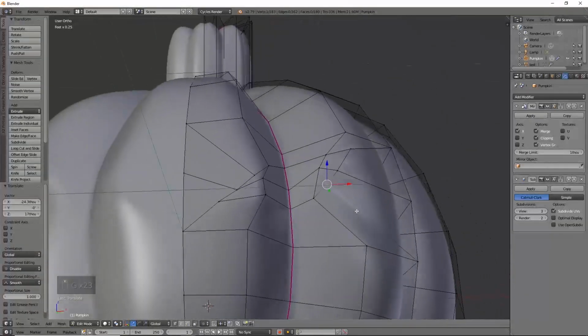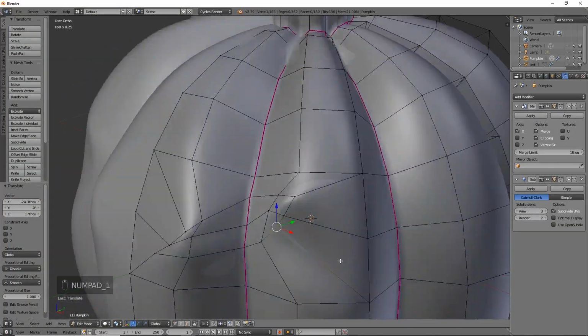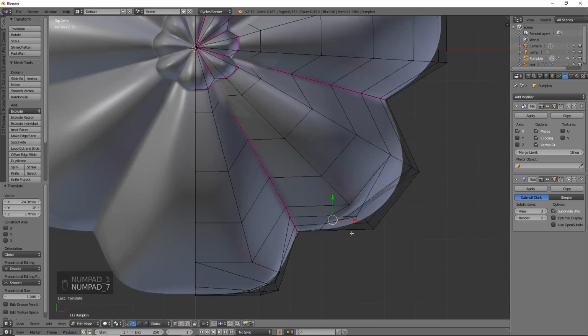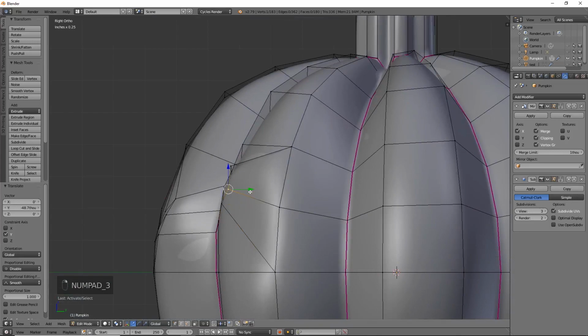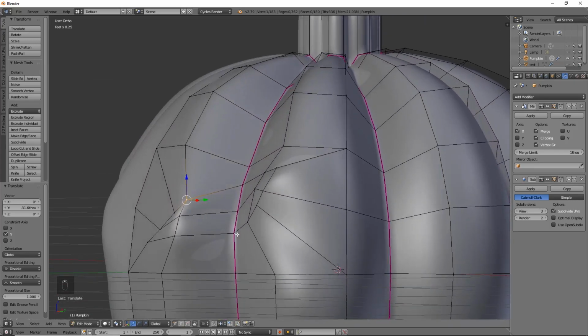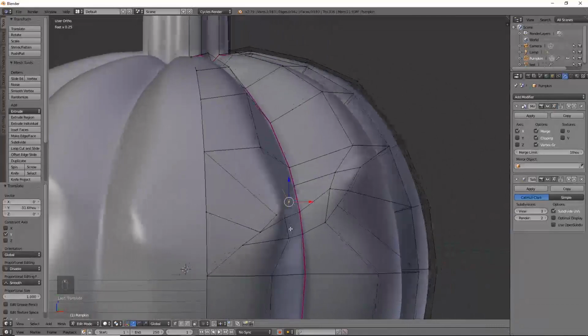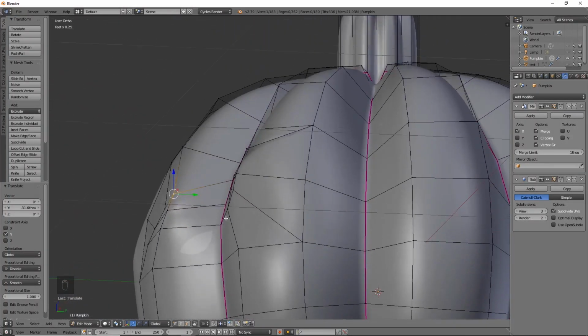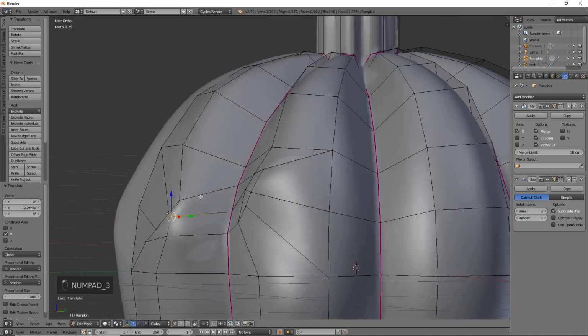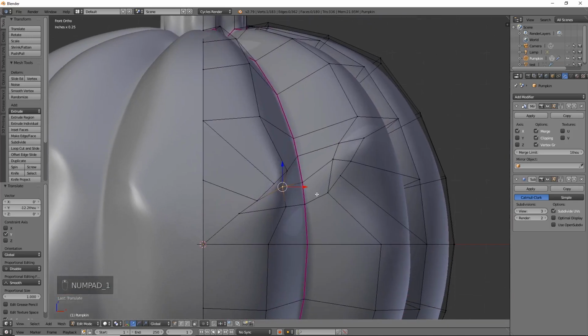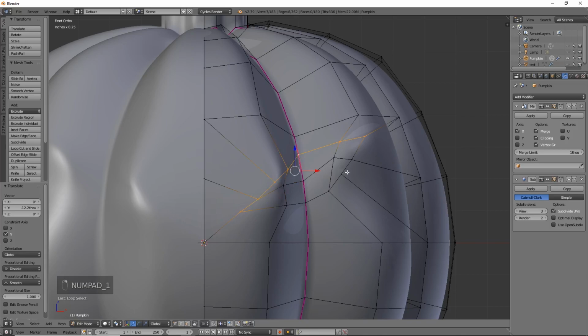Maybe more like that shape. I kind of like that. Let me see and make sure, pull this back out. Side view. All right, that's looking pretty good. So what I'll do, pull that out a little bit. All right, so now what we want to do is we can go ahead and grab